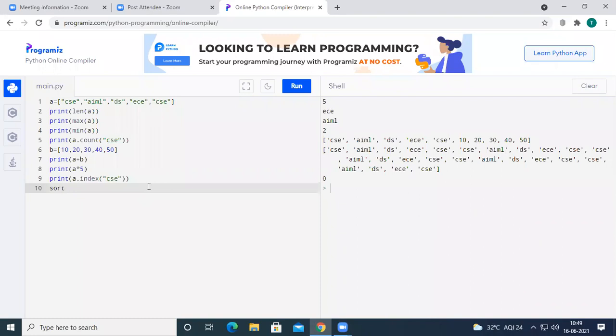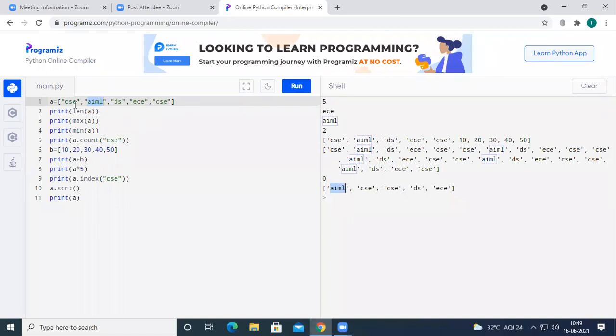So let us consider the list A. Let us call list A dot sort. If I print the list A, you can see here, among the alphabets, A comes first. That's why AIML has become the first element inside the list after sorting.